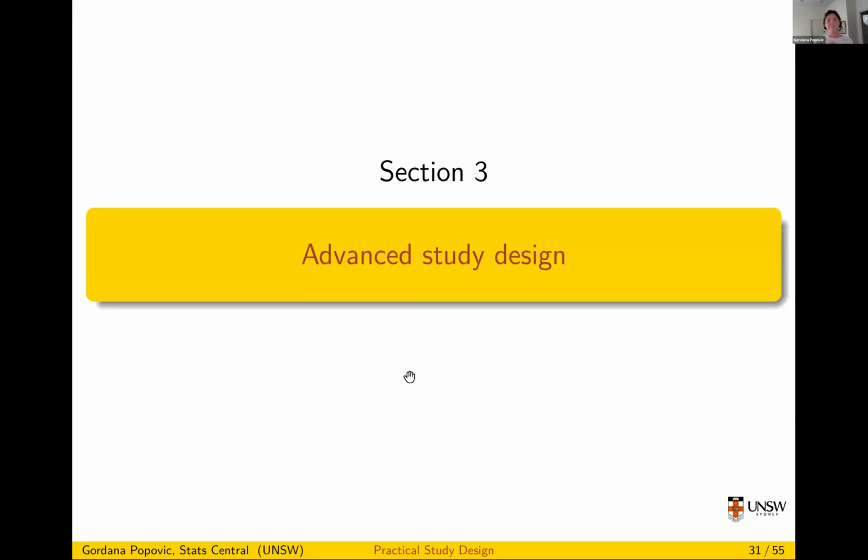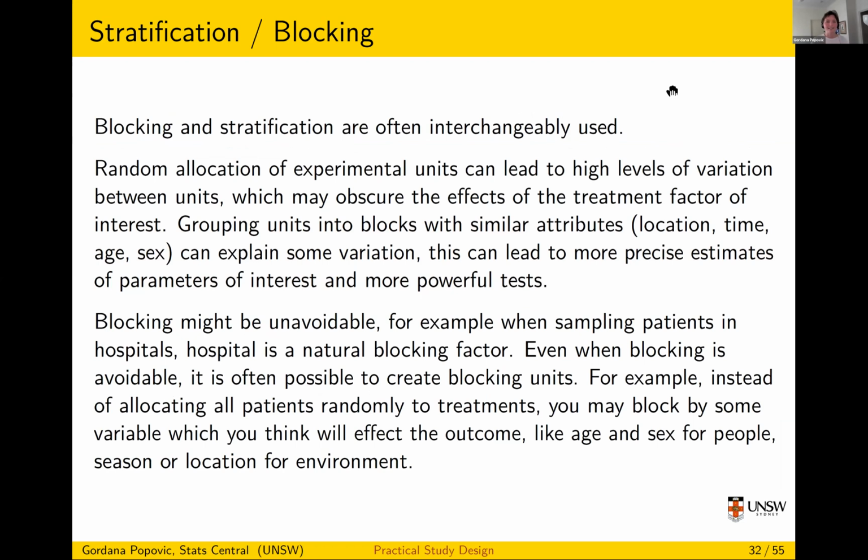So this is the advanced study design that I did tease at the beginning, where you kind of get something for free. This is the good bit, I reckon. There are two ideas called blocking and stratification, and I've tried to divide them in my head, but whenever I read something else, they use them in the opposite direction to what I'm used to. So I'm just going to say that blocking and stratification are the same thing, as far as I can tell, in the way that they're normally used.